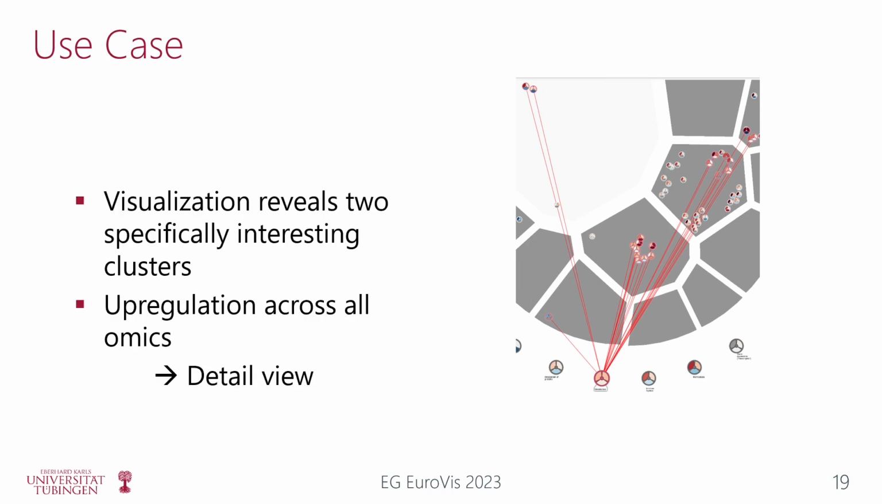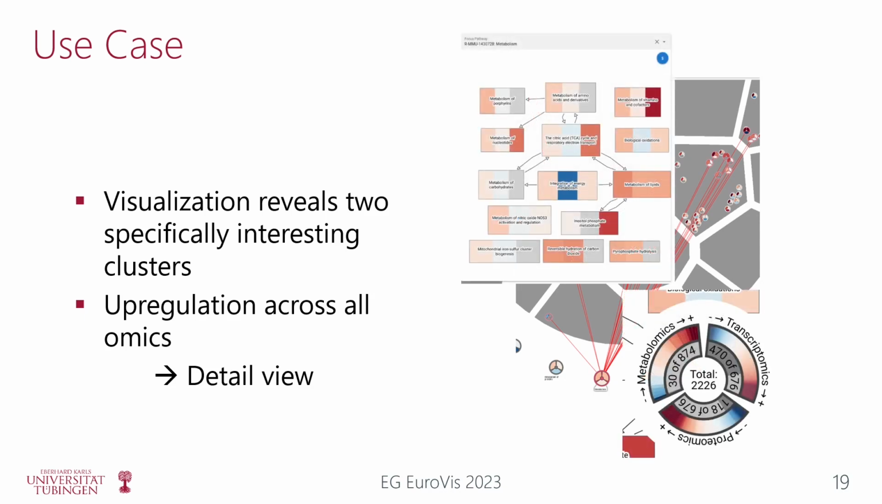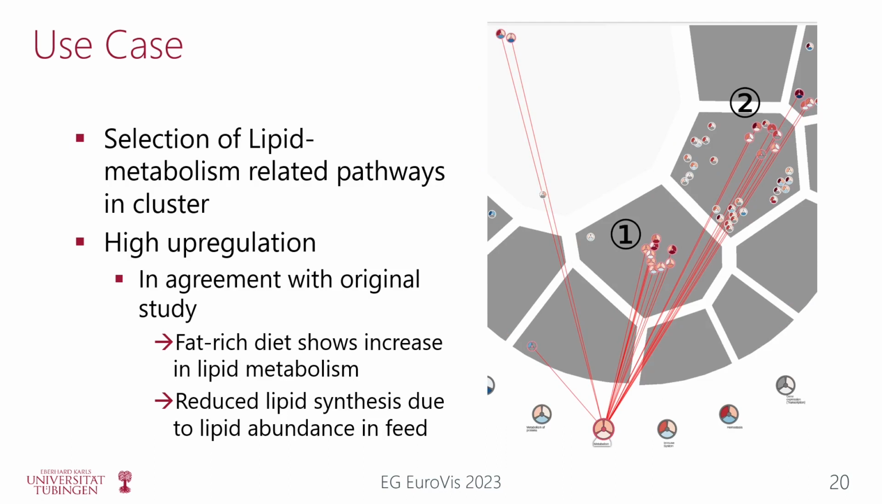Here, our visualization reveals two interesting clusters with high upregulation across all omics. To further investigate this, we then can use the detail view. The glyph and the detail view of the metabolism pathway show that the general trend of upregulation is visible there as well. This holds especially true for the metabolism of lipids subpathway, which is highly important concerning the topic of the data. This can again be seen when selecting the pathways in those clusters belonging to the metabolism of lipids